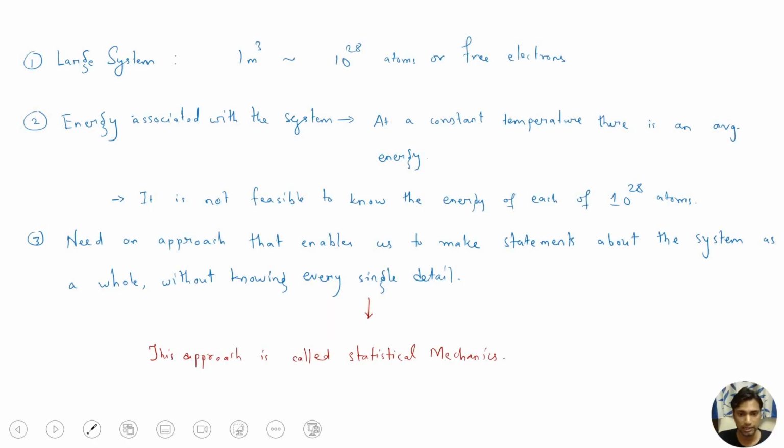So here we just started discussing the approach called statistical mechanics. What we are trying to do is look at a very large system. It's Maxwell-Boltzmann versus Drude-Lorentz that we discussed last week. Usually the Maxwell-Boltzmann is for ideal gas. Here we want to see what the Maxwell-Boltzmann distribution is, and we want to do it from a statistical mechanics point of view.